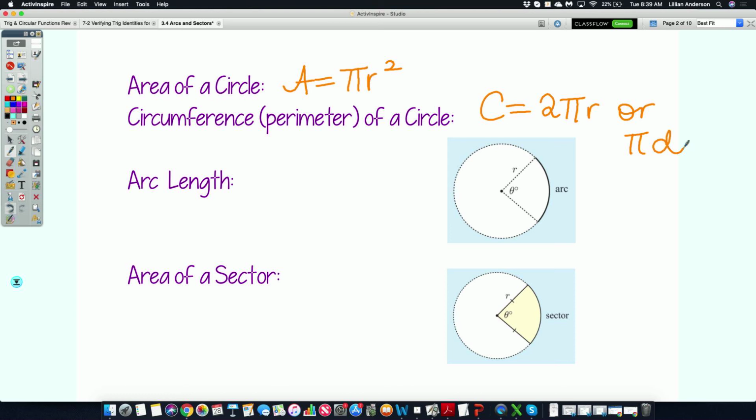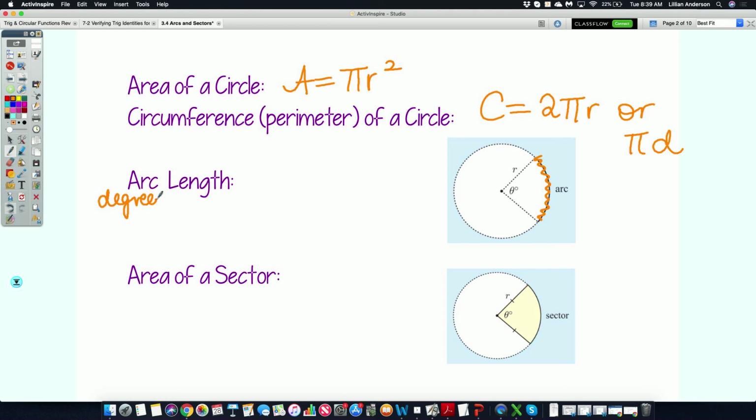All right, of course, knowing those basic things, because they could apply at some point in time in any type of these problems that involve any circles. However, some should be reviewed concepts from your previous class are arc length. Arc length is basically a section of your circumference. Okay, it's one piece, it's one part of the outer part of the circle. And that is represented in two different ways depending on if your angle is a degree or if it's a radian. Okay, so if your angle is a degree,